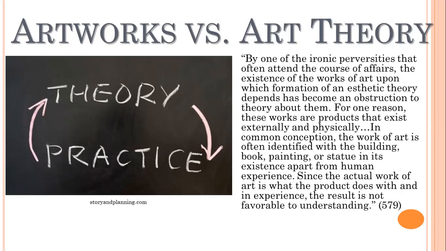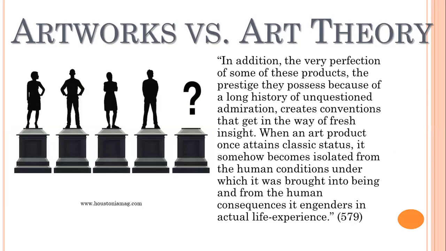The actual painting that's sitting there on the wall, the actual written word on the paper in the novel that I might be reading, those are the products of art. But the actual artwork, again, is always tied to experience. So that's one problem with all theory so far, according to Dewey, is that, again, they separate the art products from the experience itself of these products, what Dewey calls the artwork itself.